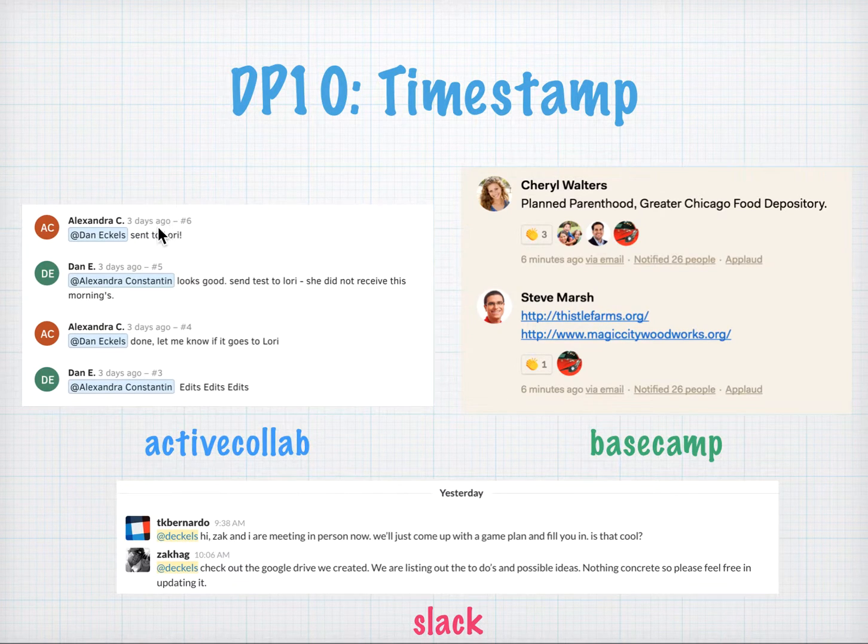So Active Collab here, you can see, indicates the amount of time: 3 days ago. Basecamp does something similar with 6 minutes ago. Now Slack, which is more heavily communication based, indicates the actual time. And that's fine, because for Slack, it's a heavy communication base. It's really more of an activity thread that works for Slack. Whereas Active Collab and Basecamp are more heavily task-oriented platforms. Therefore,